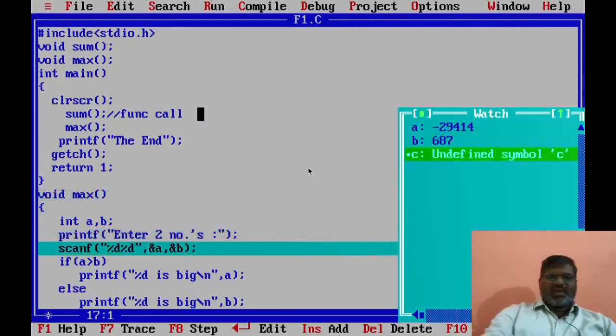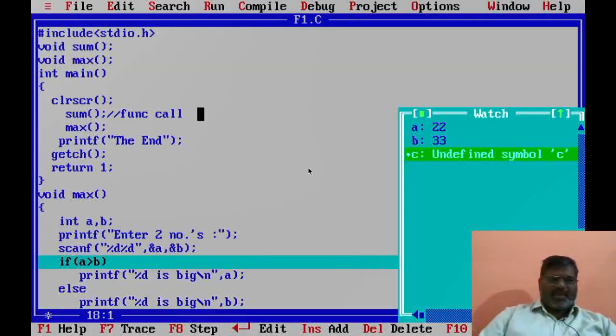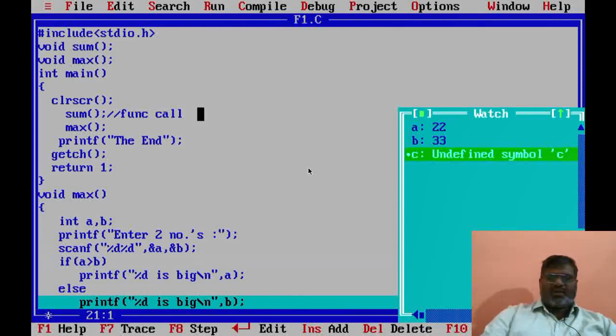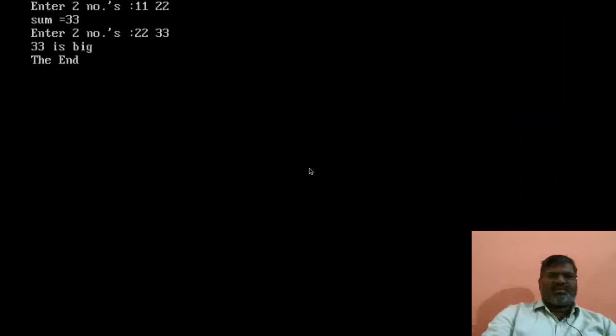Control jumps, accepts two numbers, so enter 22, 33, then 22 greater than 33, false, goes to the else part. Now here you can see undefined symbol c, because c belongs to which block? Sum function, so it is not visible here. So this a and b, these are local to max. Now returns back, then displays, then it returns back, displays the end. So these are some of the